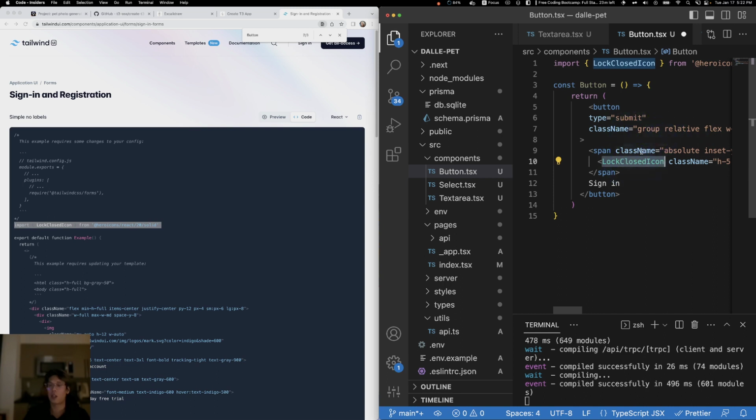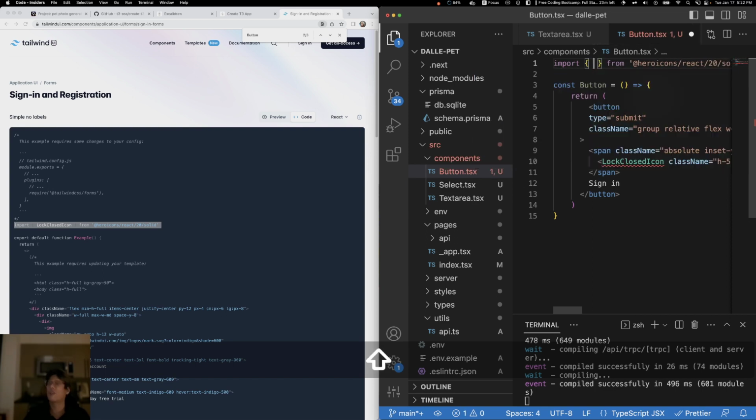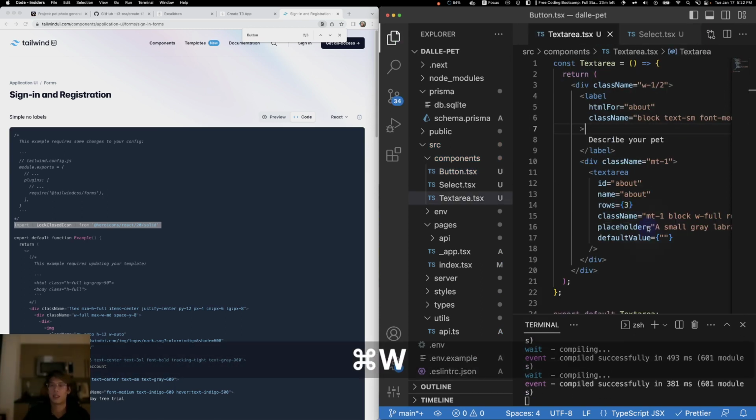All right. Instead of lock closed, this is not a sign in button. This is like a generate button. So maybe we have like a magic wand or something, like wand icon, sparkle icon. Yeah, okay, sparkles, that works. Sparkles icon. There we go. And instead of saying sign in, we're gonna say generate. Okay, so last thing we need to do is export the component. Okay, save that. Alrighty. So you have our button, and now we just go back to our app,